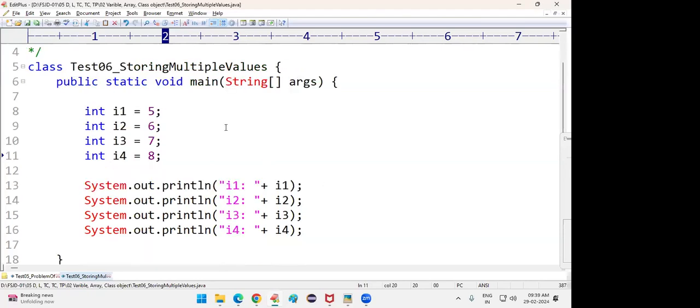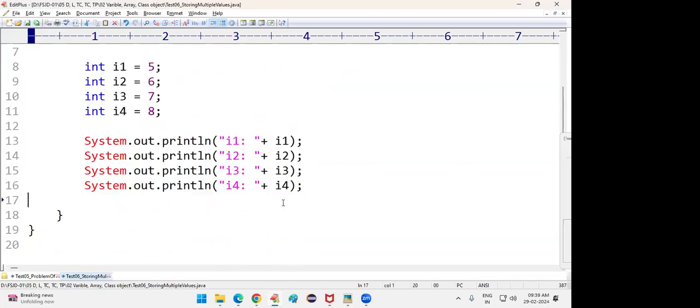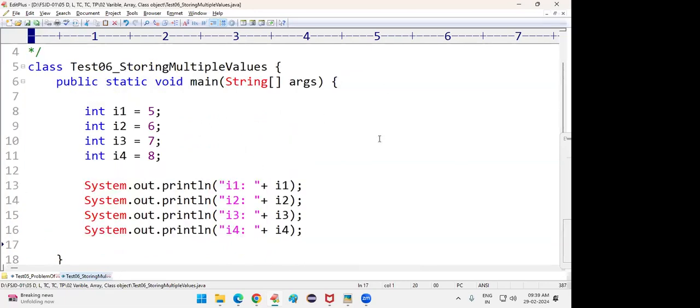Now tell me, in this program, what is the problem? Static nature. Side you have space, right? In this program, side only, right? This program is static nature. It means